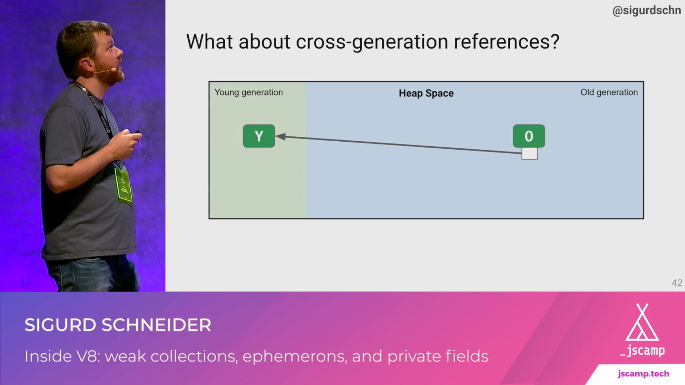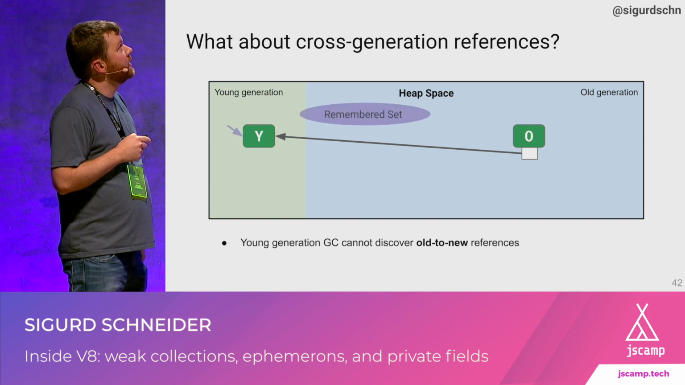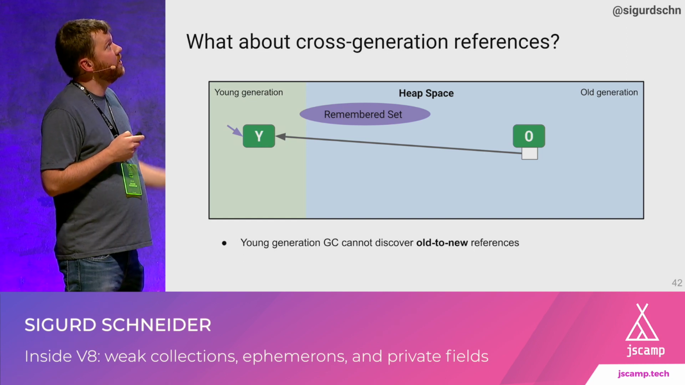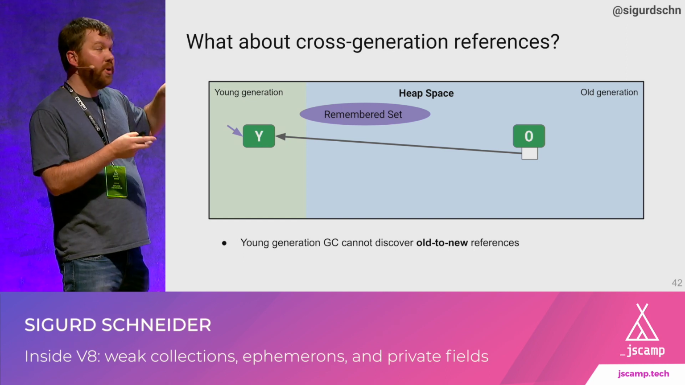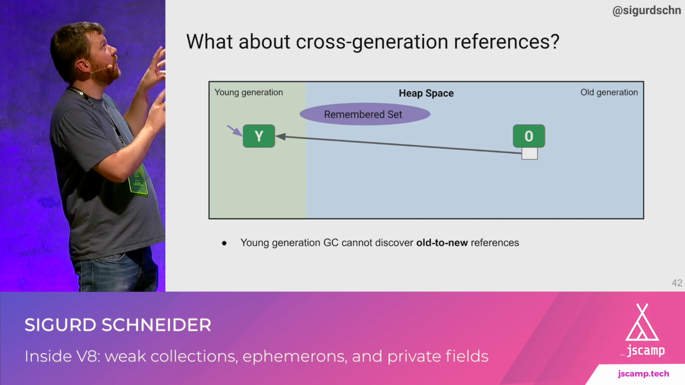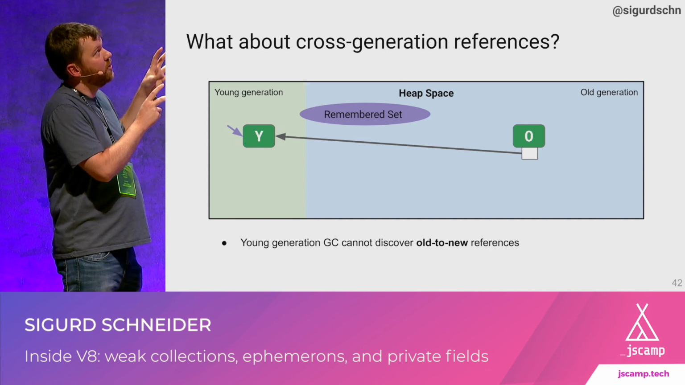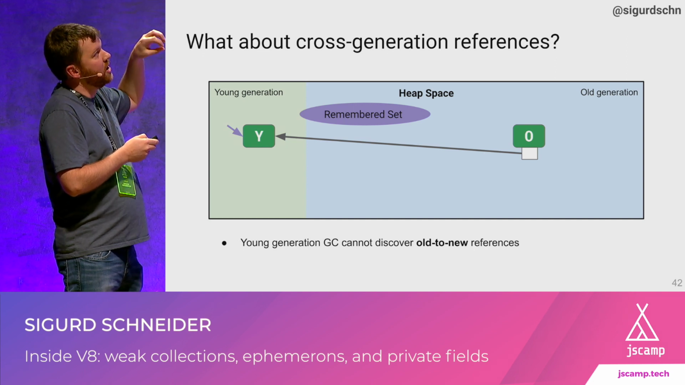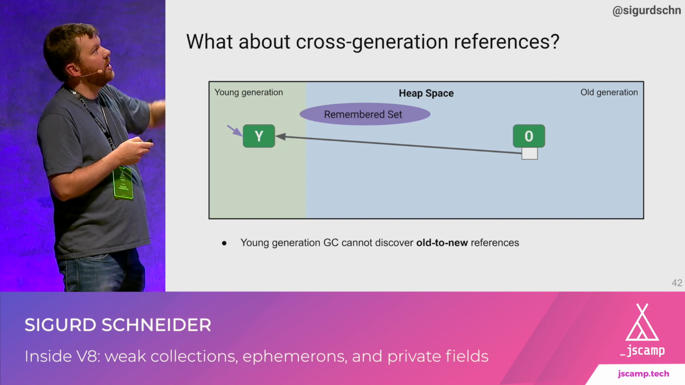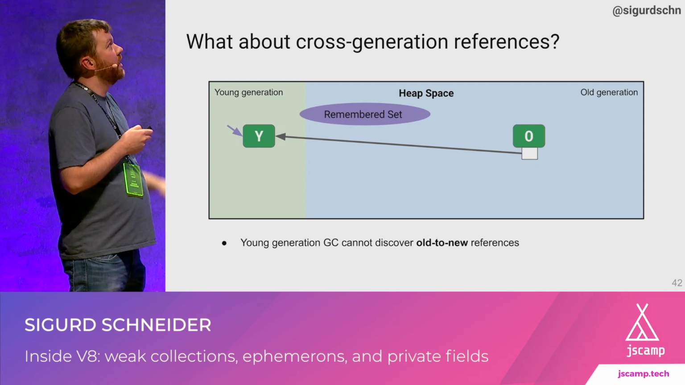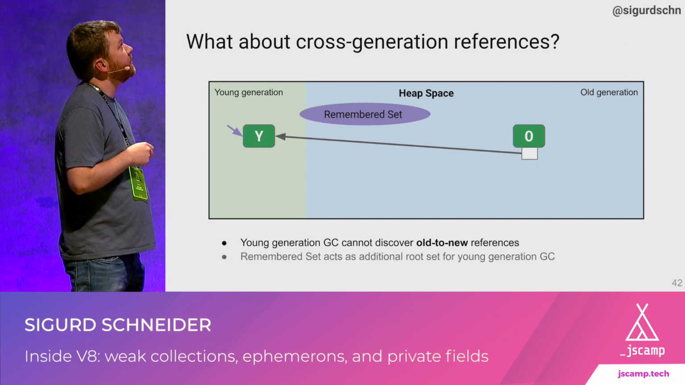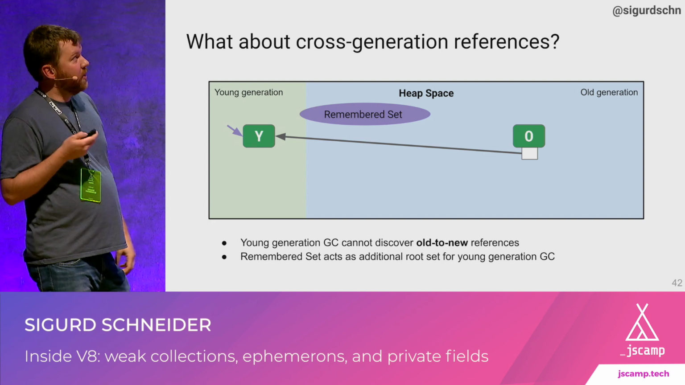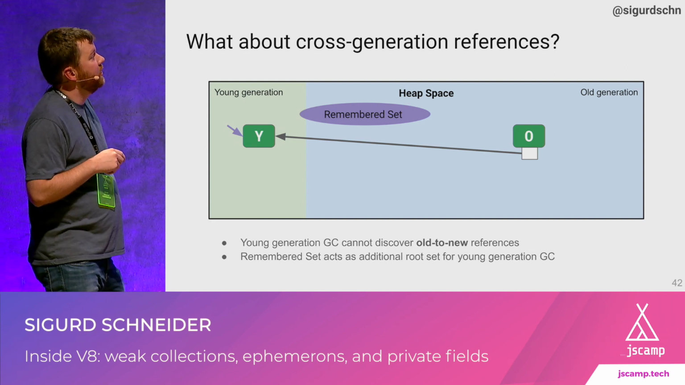This needs a special device. And there is such a special device, which is called a remembered set. And this remembered set acts similarly to the root set, but only for the young generation. So the remembered set keeps certain objects alive in the young generation because there is still something in the old generation that is pointing to it. And with this remembered set, everything worked very well in V8